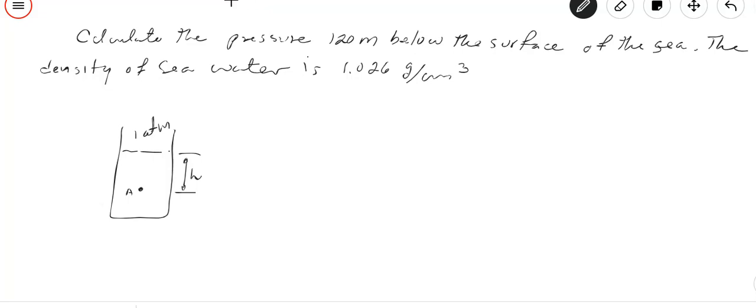Students, in this problem, we're going to find the pressure that is 120 meters below the surface of the sea. We know that the density of the seawater is 1.026 grams per cubic centimeter. So let me explain something. If we are going to find the pressure on this point A, that is H